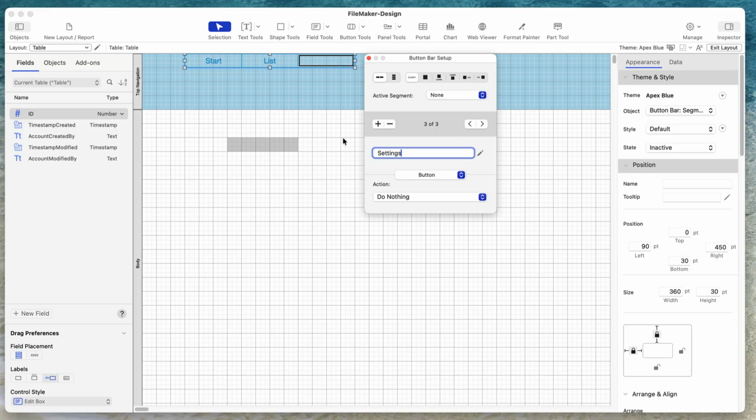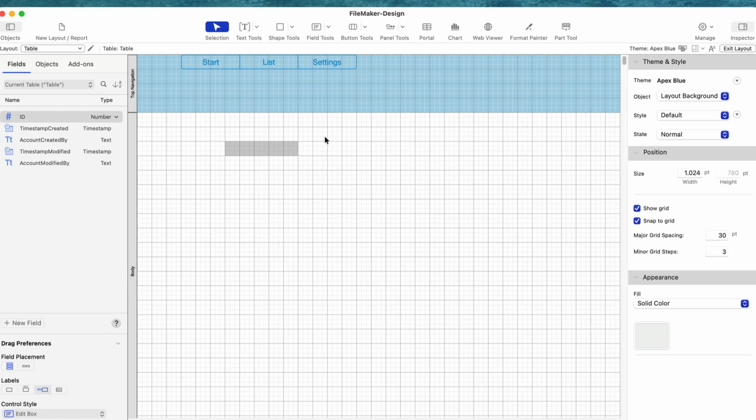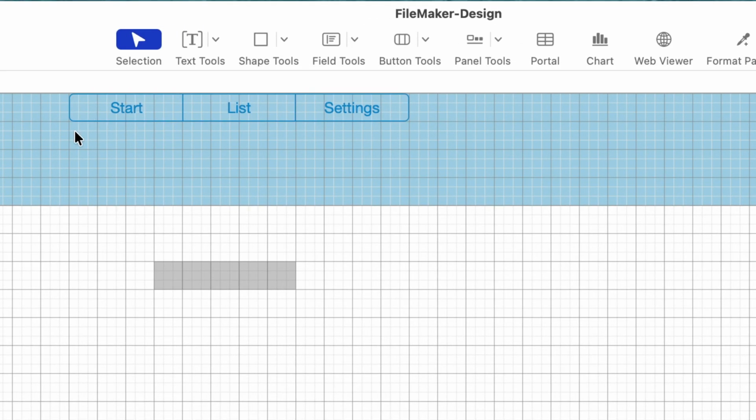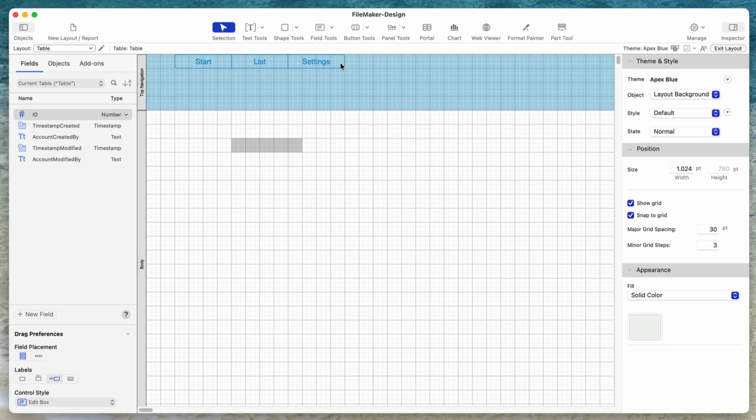I now have a button bar with 3 buttons, and because it's drawn on the interface using the grid, I know that it's quite easy to move it around and also to make it start at the same position on every single layout. So I can now adjust this because I see there rounded edges. I don't want rounded edges here at the top.